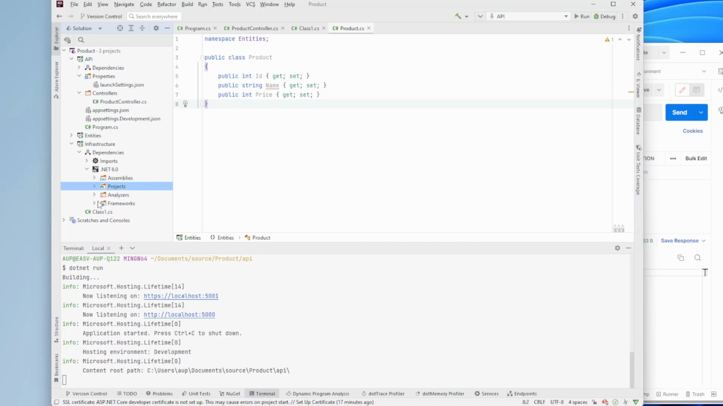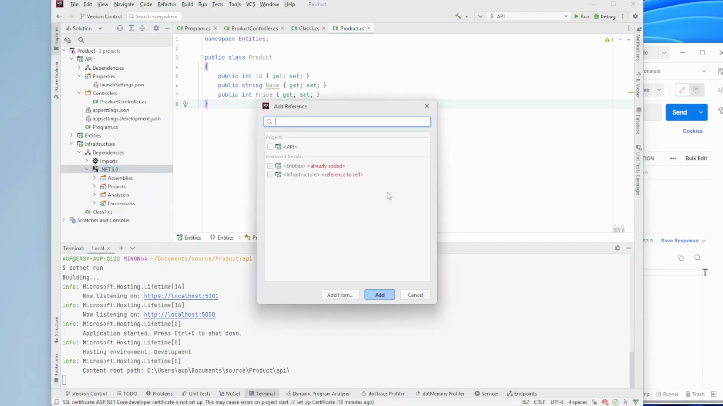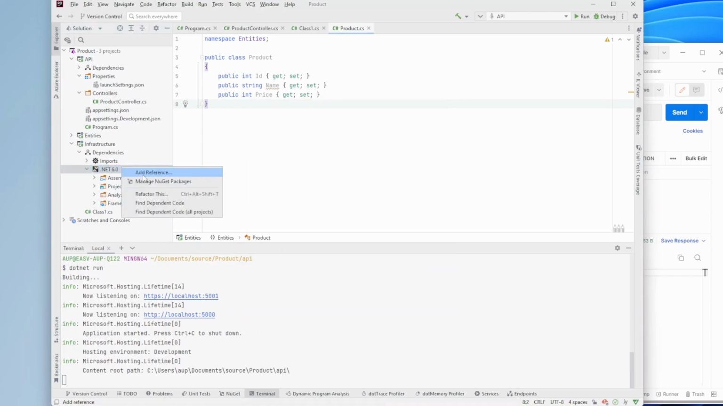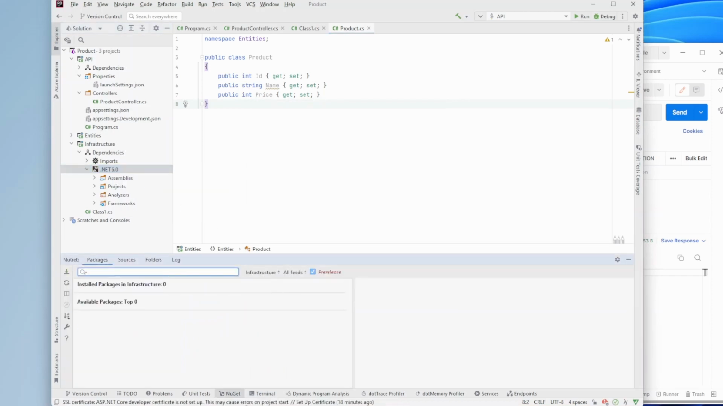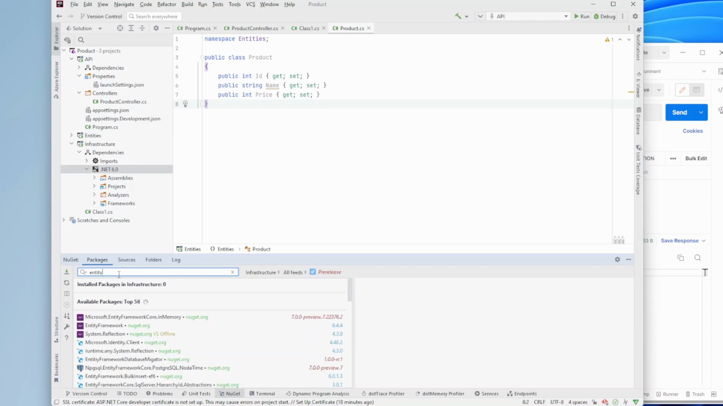Of course, we need one more dependency inside of infrastructure, because infrastructure is gonna use a database, right? And we need some software to actually communicate with this database. So we're gonna add reference. Well, not add reference, we're gonna manage NuGet packages. And then we get this menu up here. It also exists down here. And we're gonna write entity framework